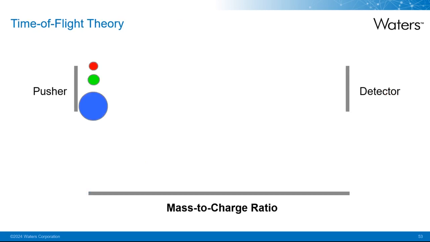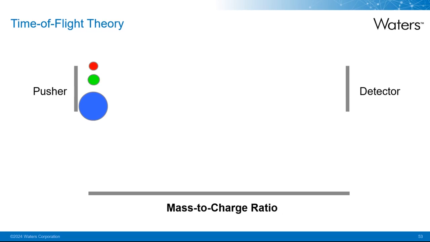Here's a diagram of how time-of-flight mass spectrometers work. So this is a very different way of analysing the compounds compared to the quad systems. So think of it like a 100 metres track race at the Olympics. When the gun goes off, the clock is started and the three molecules, lightest in red to heaviest in blue,